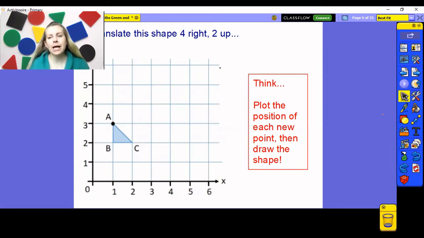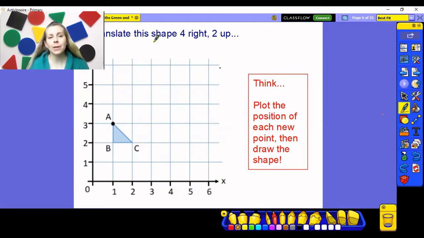So the instructions say that we need to translate this shape, and we know what translation means by now, but we need to translate this shape by 4 to the right and 2 up. So what I suggest you do is that you might want to use different colours for this so that you can really see the different vertices that you are translating. So if we start with A here,